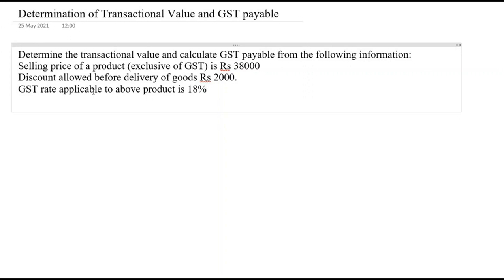So from these details now we are required to find out. So here the discount allowed is to be deducted. Then there is one more here: freight paid for supply of product is rupees 500. So here we should add the freight, which can be included in the transaction value, and we should deduct the discount here. So the solution will be now,